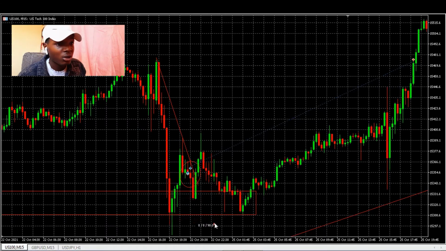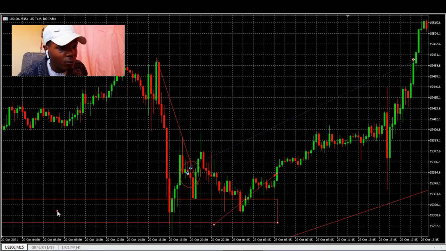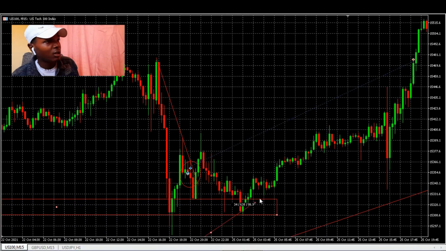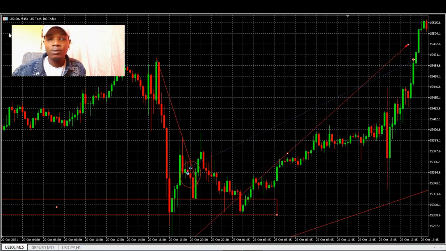So as you can see, it came down at this area, then turned back up, because we had a strong zone of support at this zone, which I saw. So it failed to break this zone or this level, then just shot right up into profits,